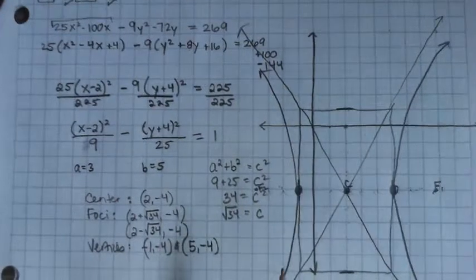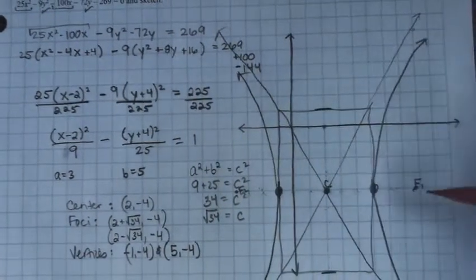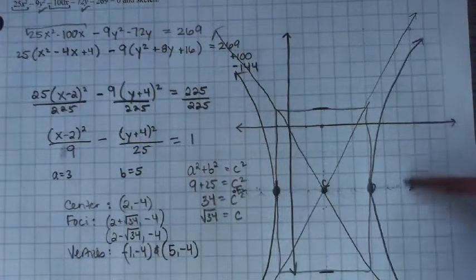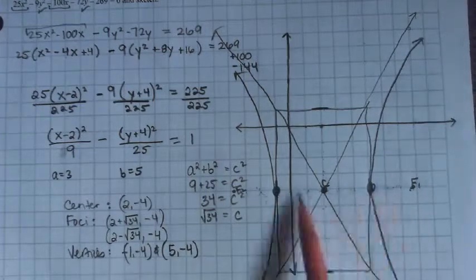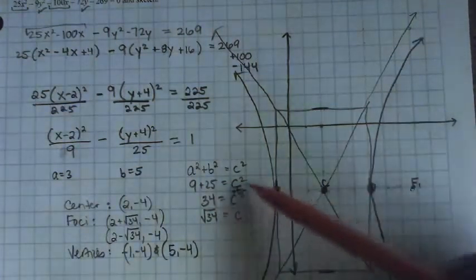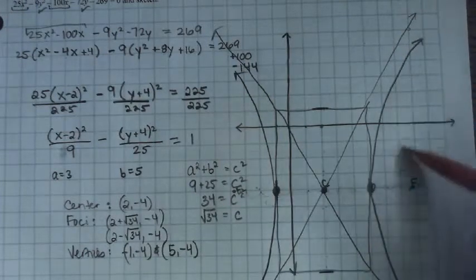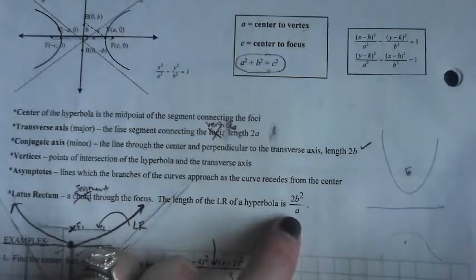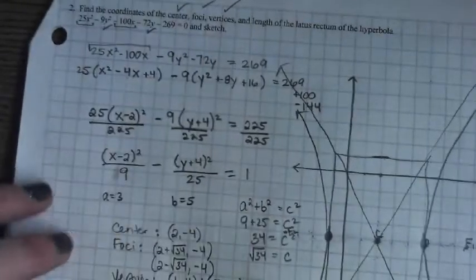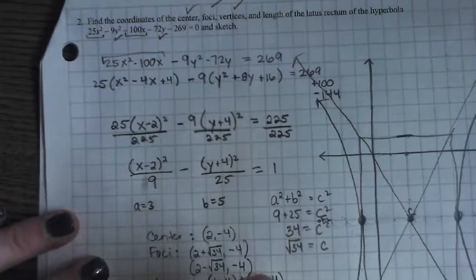The length of the latus rectum. The latus rectum is, again, just like in an ellipse. It goes through the focus perpendicular to this main axis. So it's perpendicular to the line that contains the center and the vertices and the focus. And it goes through the focus, and it's pretty wide here. The formula is the same as it was for the ellipse, 2b squared over a. So for the latus rectum, it's still the same, 2b squared over a,